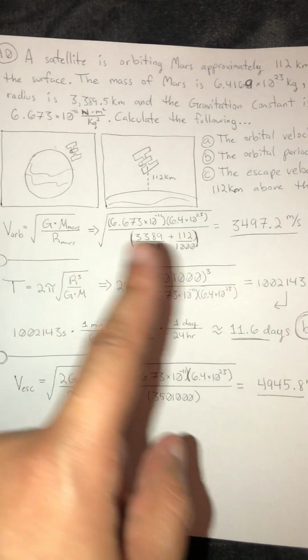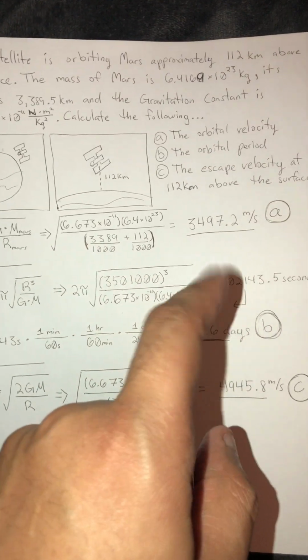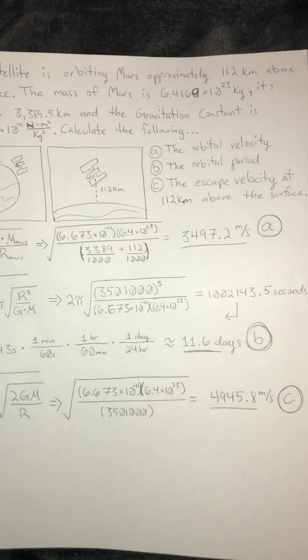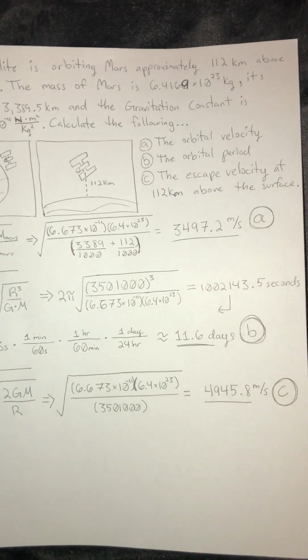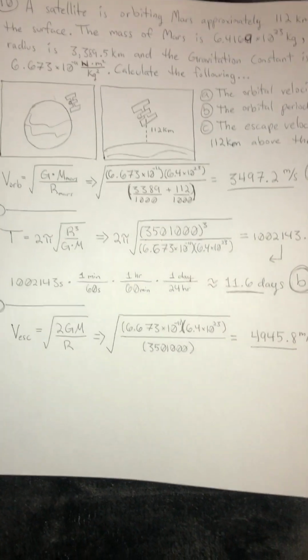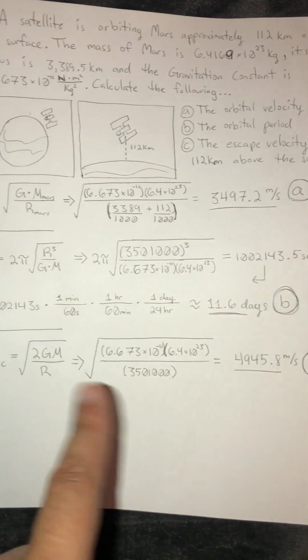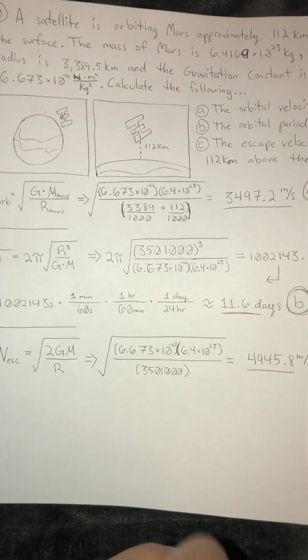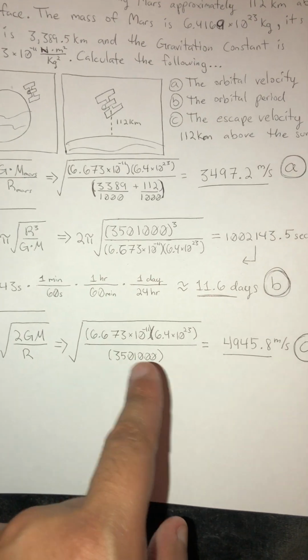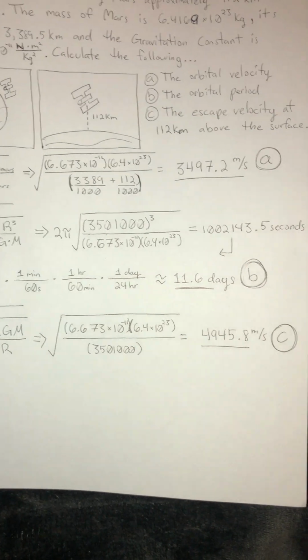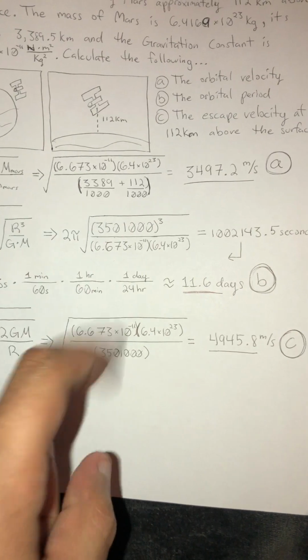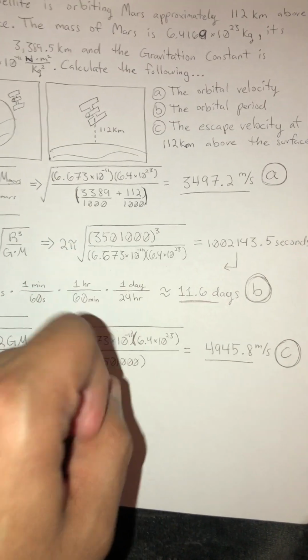And for the orbital velocity on Mars at that distance, it is 3,500 meters per second in order to just remain in its orbit. In order to escape its orbit, it would be, once again, just simple, just plug in, as long as you have the numbers, and remember to convert the... I forgot to do it up here, actually, I almost made a mistake. Remember to convert from